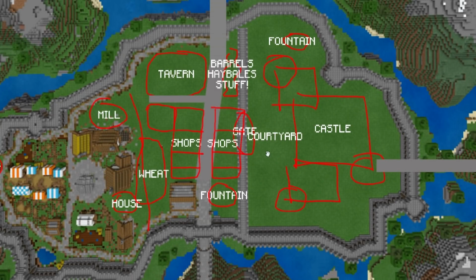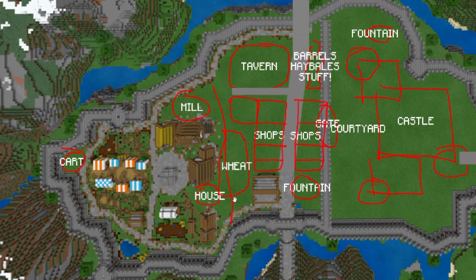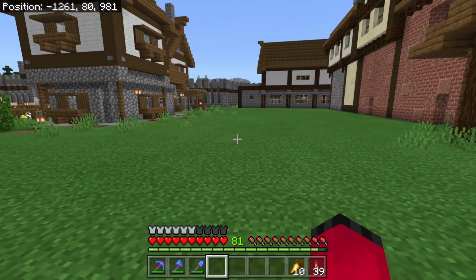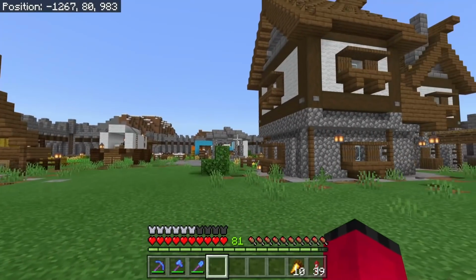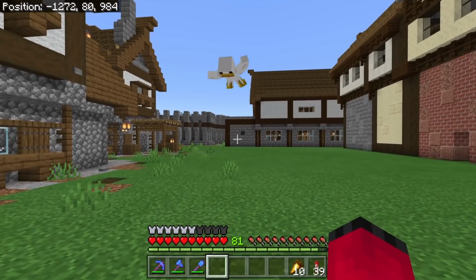Okay, so looking at the not at all blurry and very high quality map that we've got here of my base, it shows that we do have a bit of a wheat field at the back there. We've got the gate to work on, a fountain, and the barrels and hay bales and stuff. So I think the first thing I'm going to do is probably work on that wheat field there. So back on the server, this spot here is what we're looking at, and this is going to be turning into a giant wheat field. Well, I say giant, it's not that big really. So yeah, I guess I better get